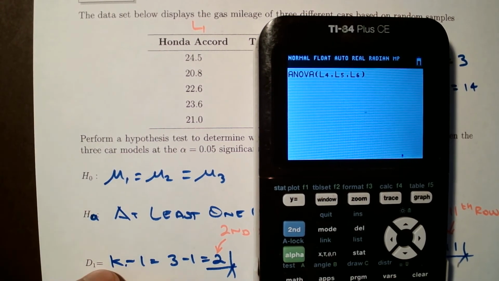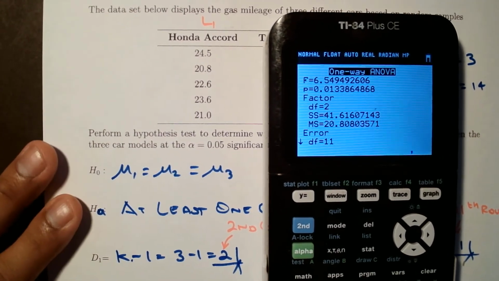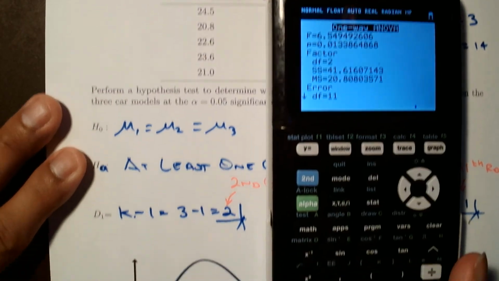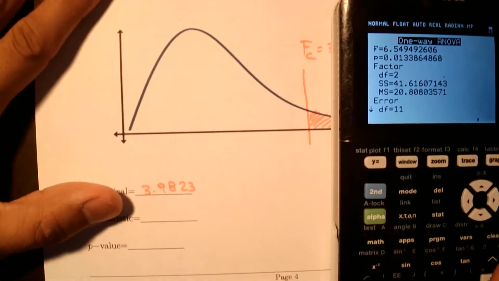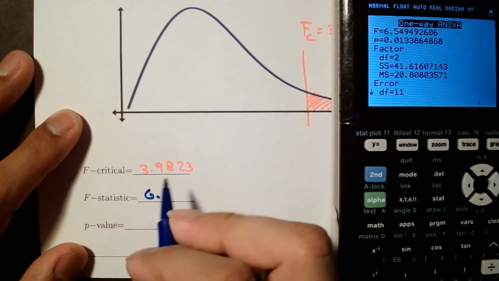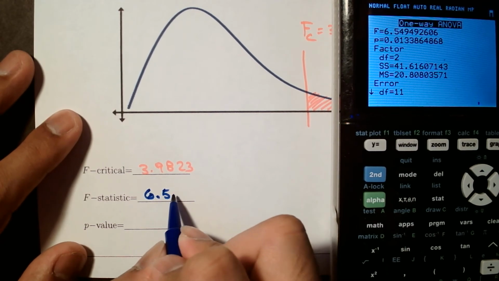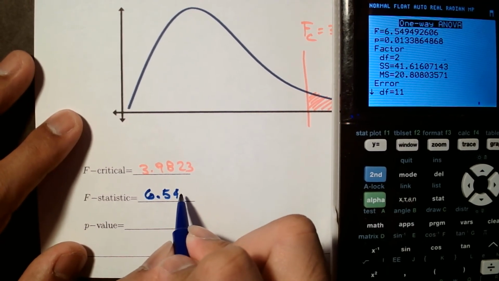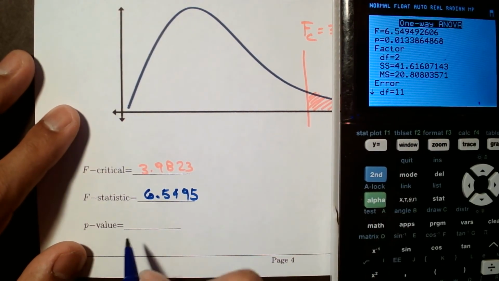All right, so let's click enter to get the information. So in this case we get the F statistic of F equals 6.5495, rounding to 4 decimal places, and a p-value of